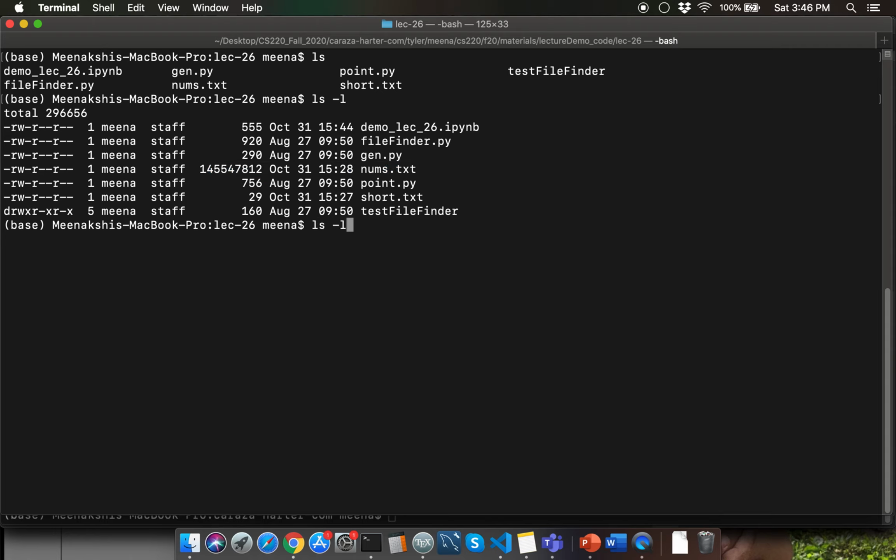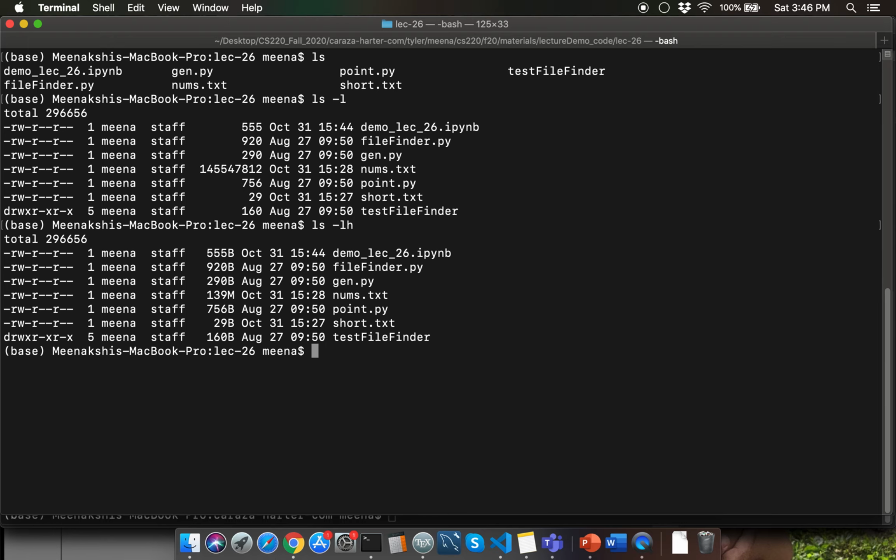How can you convert the size to a human readable format? You can use the h flag. So ls space hyphen lh is going to run the ls command with the list flag and with the human readability flag. And now you can see that the file size is actually really big, which is 139 MB.